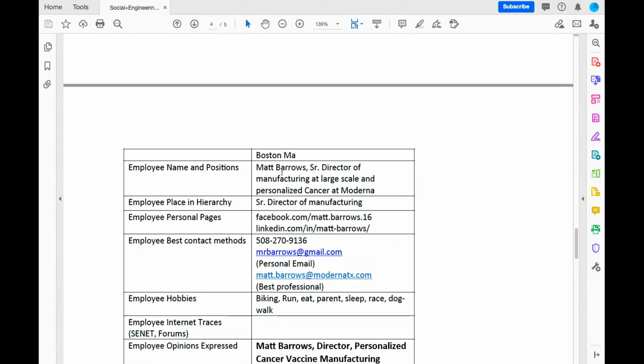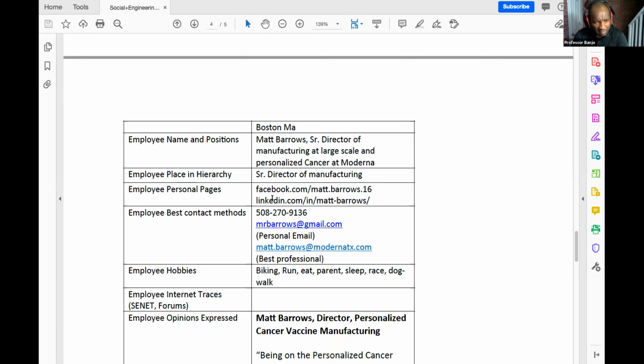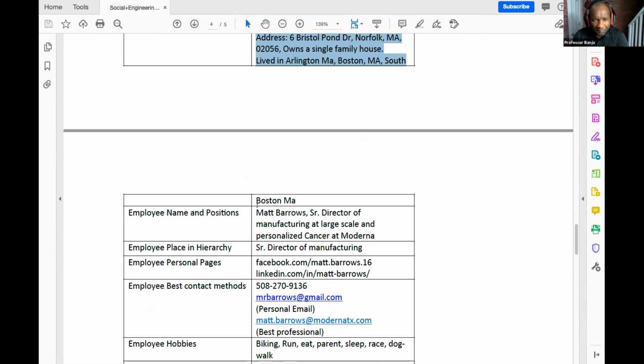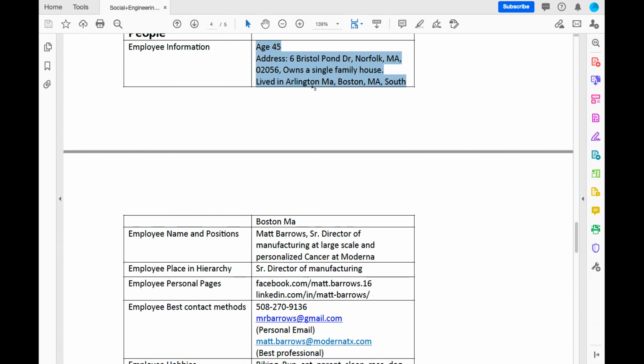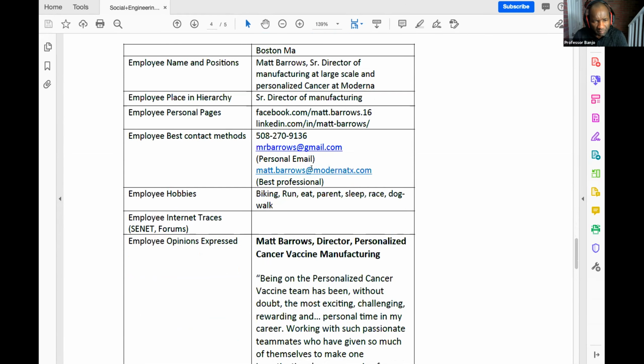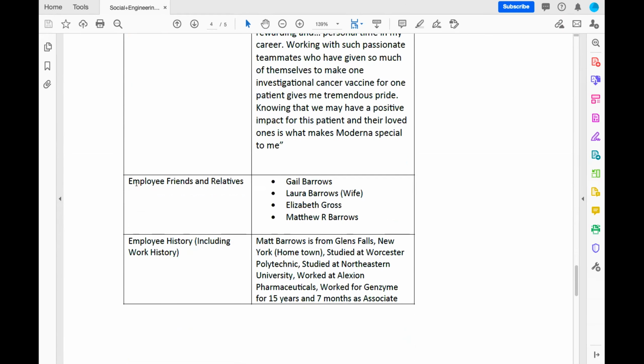All right, well, show us the information that you found. I hope you documented the kind of things you found. Okay, so this is his personal information. He has lived in Arlington, Boston, and South Boston. You said you found information about his family. Yes, relatives, friends and relatives.